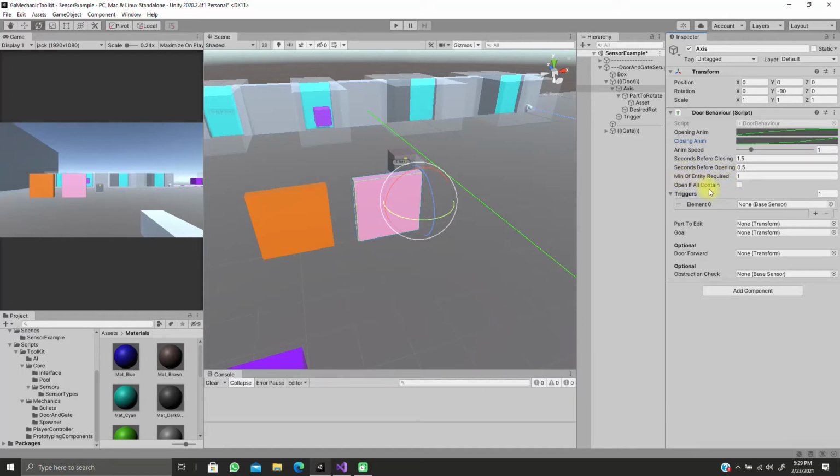We can check the open if all contain, which is gonna make the door check for all the sensors assigned in triggers in the trigger list to see if all triggers are interacting with any object. If so, the door opens. We assign the trigger sensor